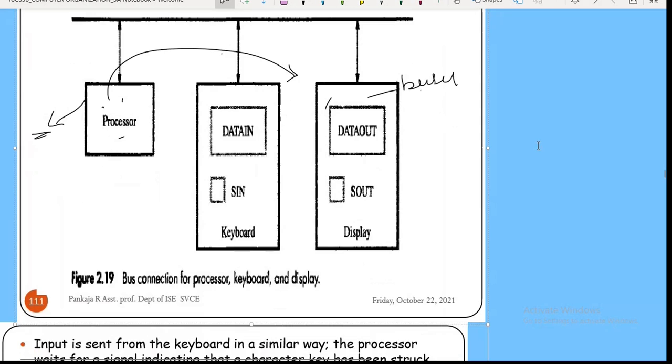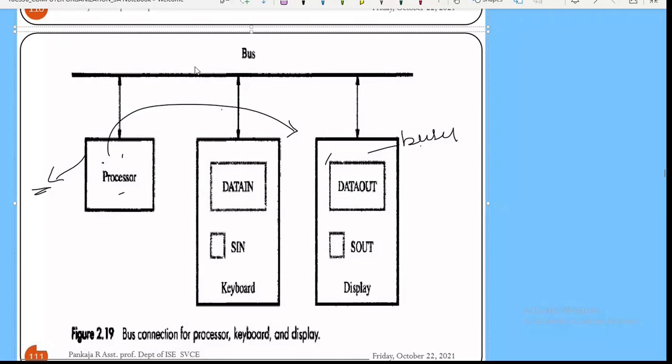Okay, so now you can just take this diagram. There is a single bus connected with the processor, and the input device called keyboard. Okay, this is the keyboard, and this is the output device called display or monitor.